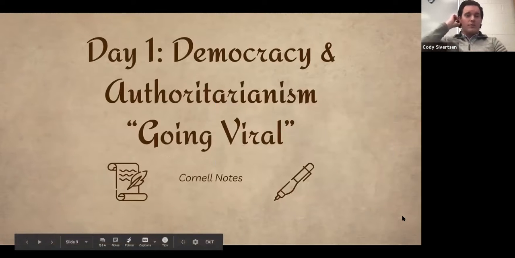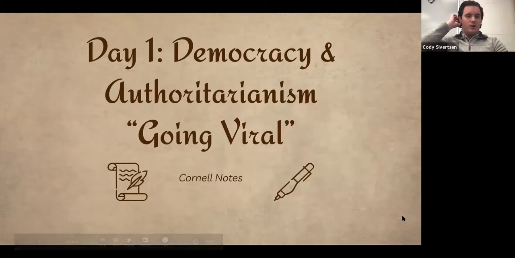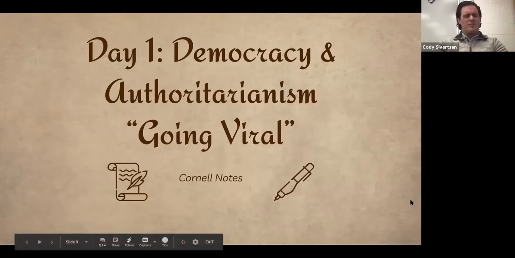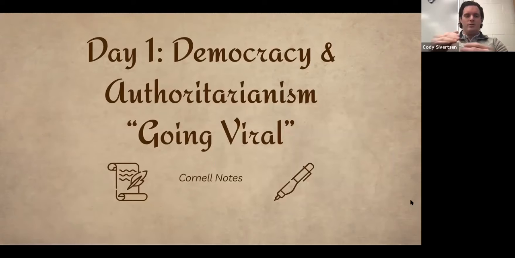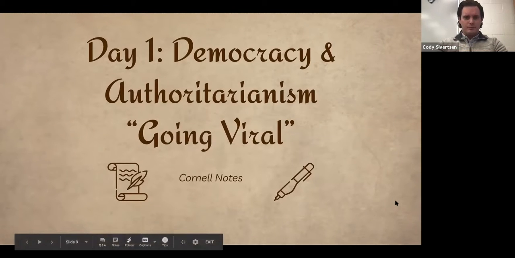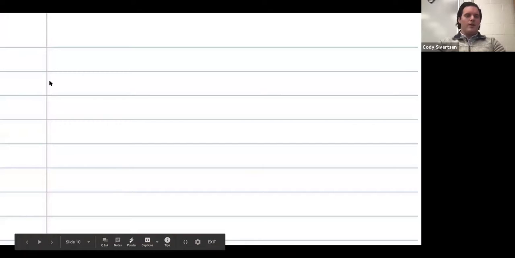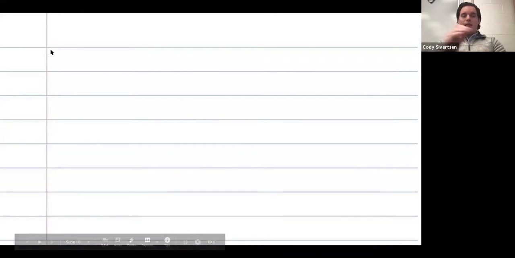And from here, I jump into my notes. I use Cornell style note taking, and I'm not sure if this is a true Cornell note style, but I know it was adapted through myself and a former PLC partner. And I always walk them through how to set up their page. And so this is how I have my students set up their notes.